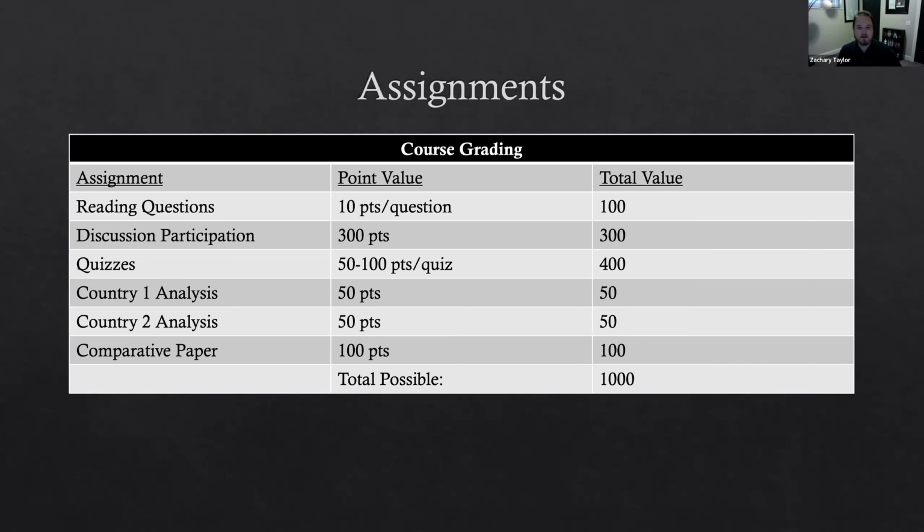You'll be able to write that in a fairly straightforward fashion. However, if there is a country that's not on that list that you really want to examine, talk to me before that first paper is due, because I'm happy to expand this out. And I've had many students in the past who will pick other countries not on that list and do fantastic jobs at examining the same core topic in terms of another country that they are personally interested in.